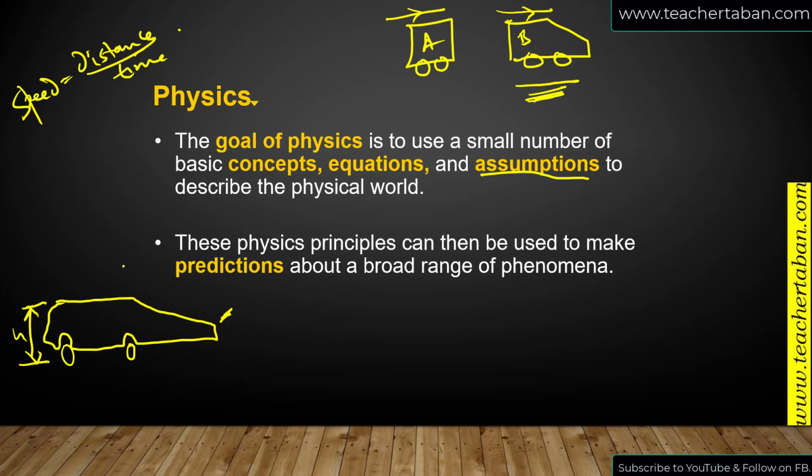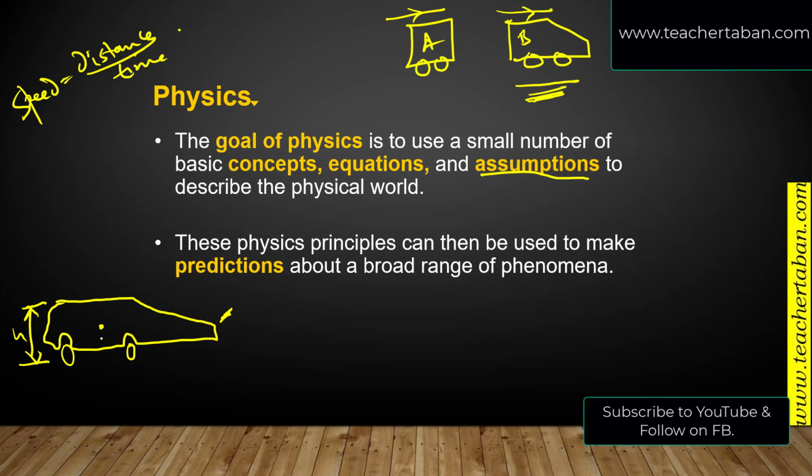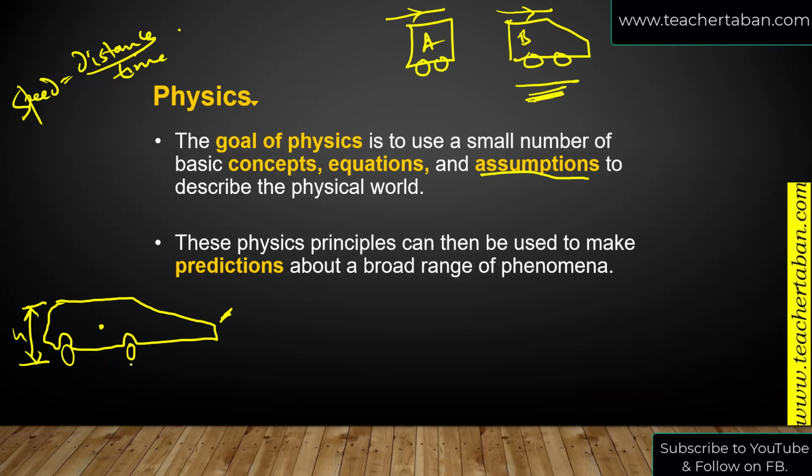For example, a center of gravity. In case a body is to be stable on the ground, it has to be shorter. Its center of gravity has to be nearer the ground. In case this car is to move faster, then it must look for ways of minimizing the resistances to motion, for example, air resistance. So they made this one pointed. In so doing, we even see that all vehicles are pointed.